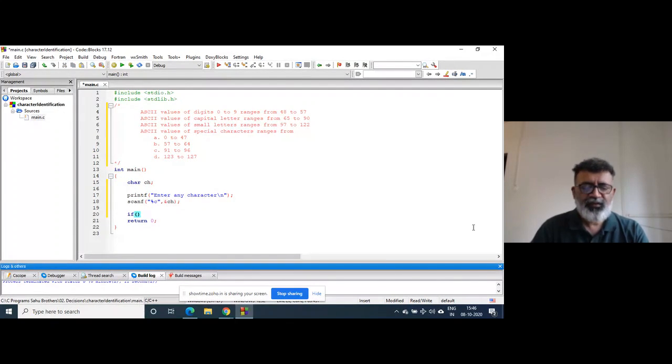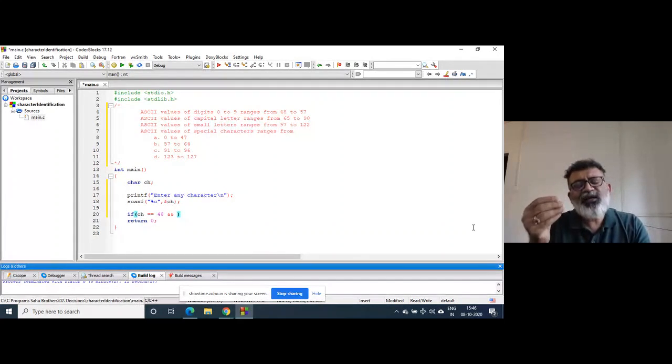If ch is greater than or equal to 48, and not or, logical and, ch is less than or equal to 57. These numbers from 48 to 57 are digits 0 to 9.